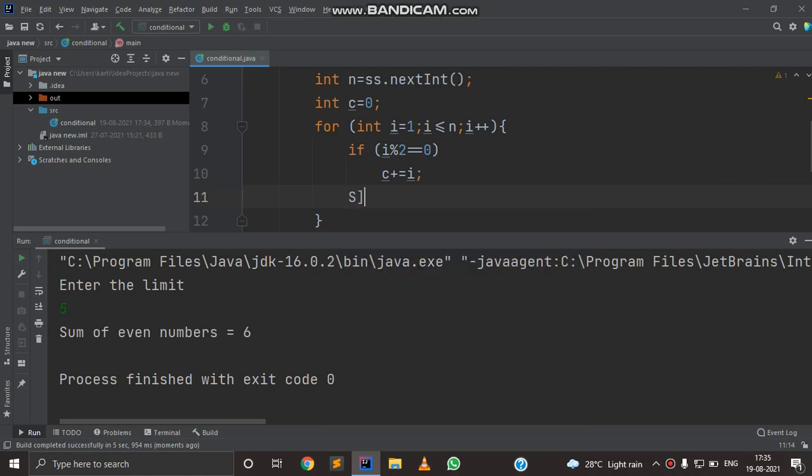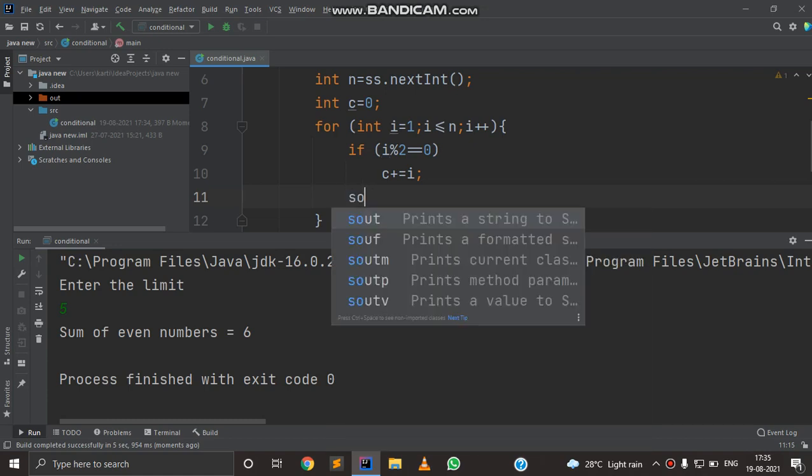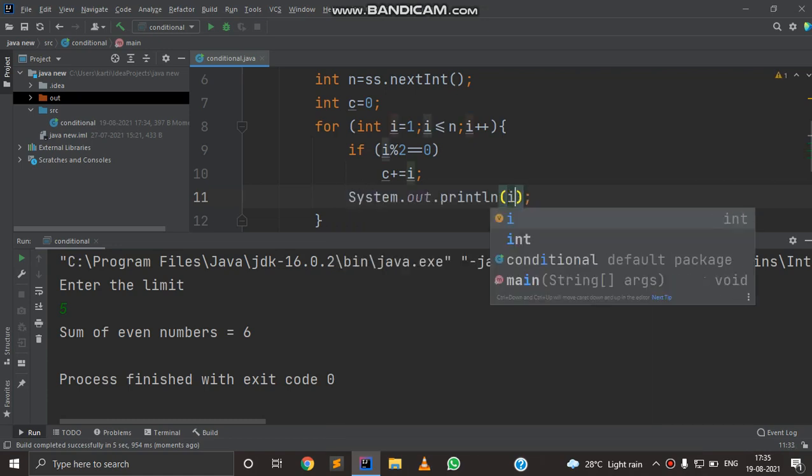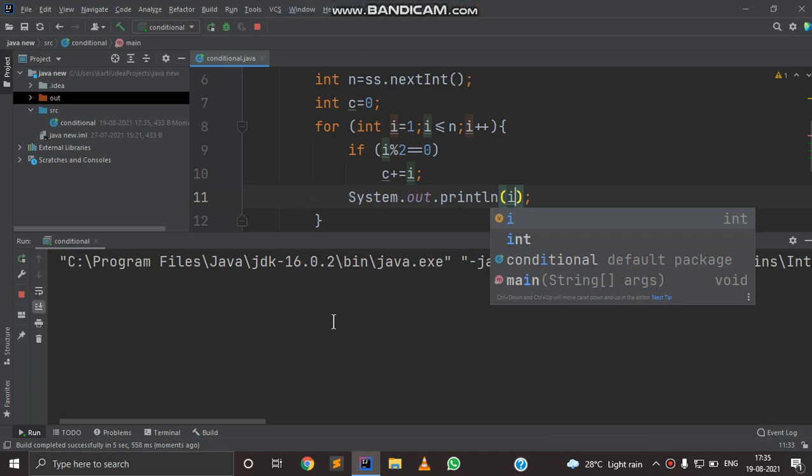We can also print the even numbers with the sum. So here we print i and again run this program. I write 5.